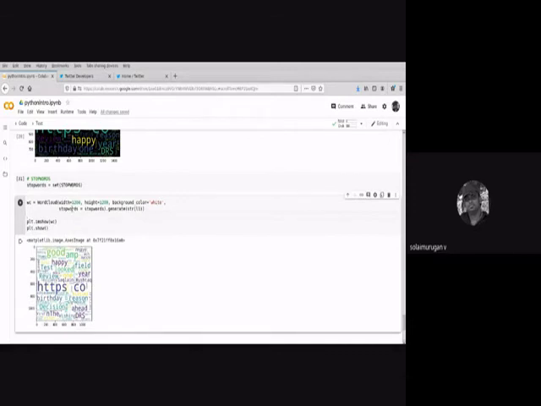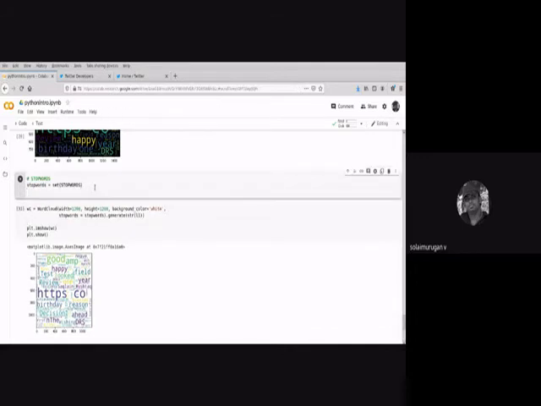Okay. So like that, you can also remove the stop words. Or if you think a few other words are really required to be stopped from your data, then you can also make your own custom set by adding your stop words, a list of words. For example, here I don't want the HTTP.